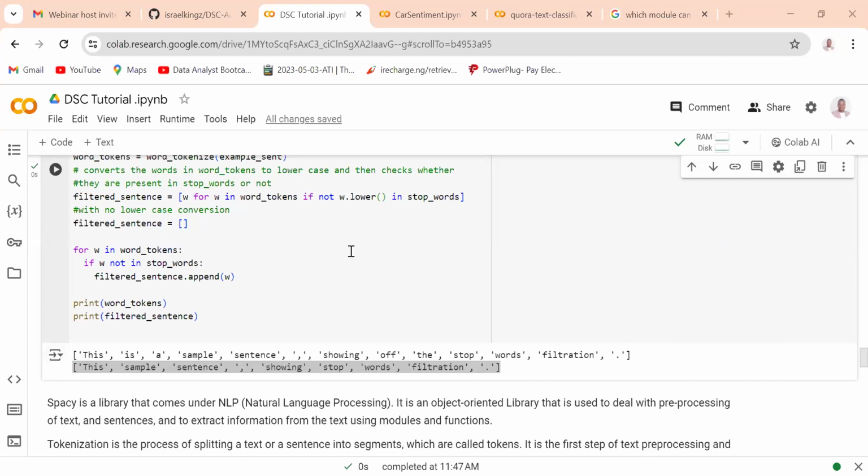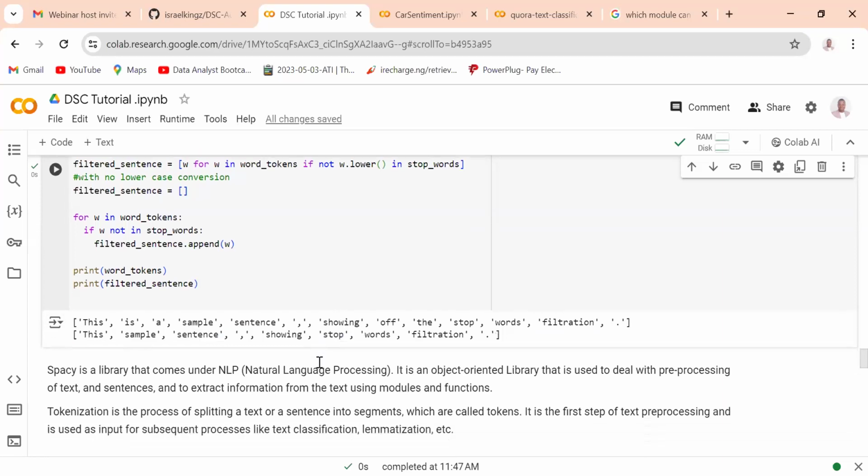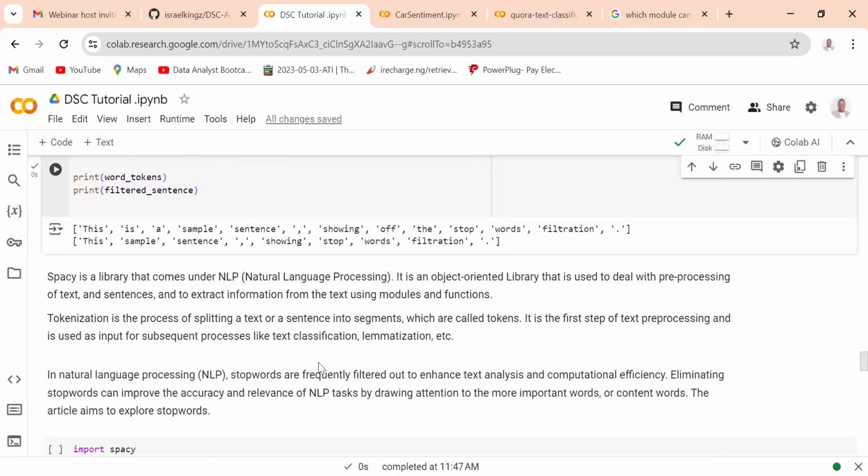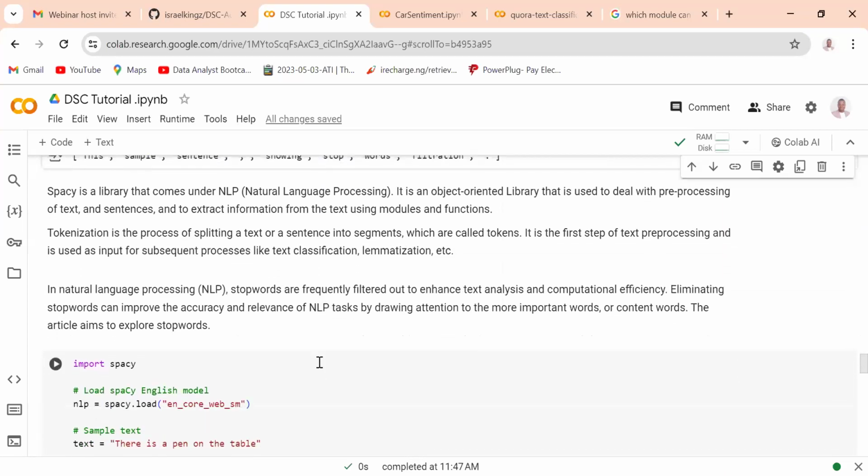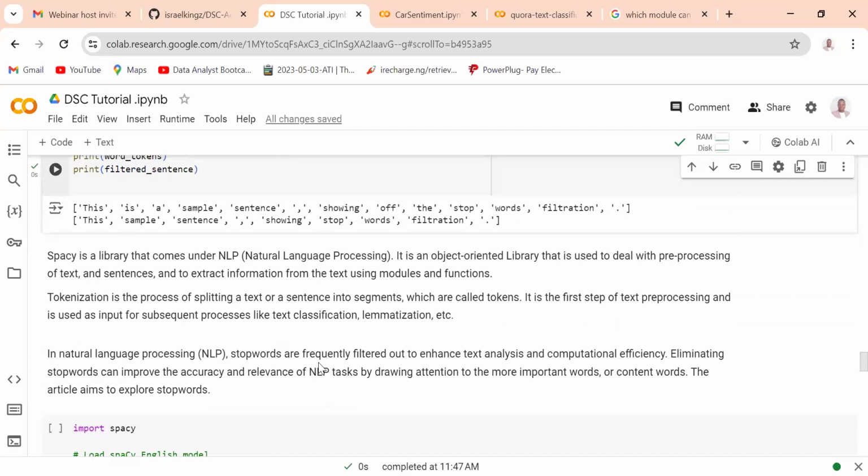Removing stop words that are available in what we have here. Like I mentioned earlier, there are several other modules that we can use to achieve all of this. Another one that we can use to achieve tasks like this is spaCy. Now, why am I introducing you to a number of these? So that when you see them on different materials, you'll be aware that there are several,